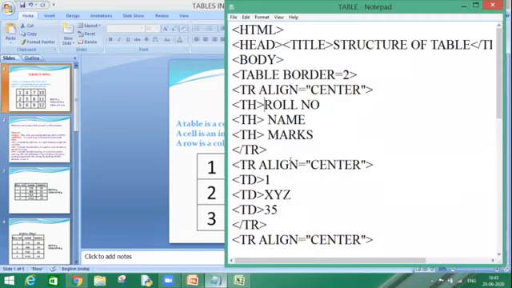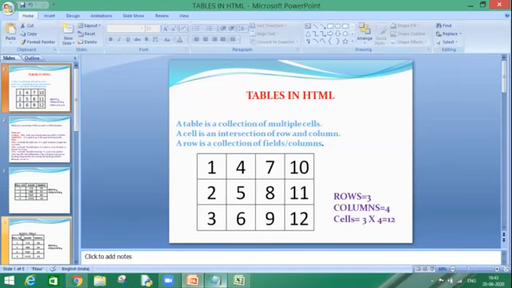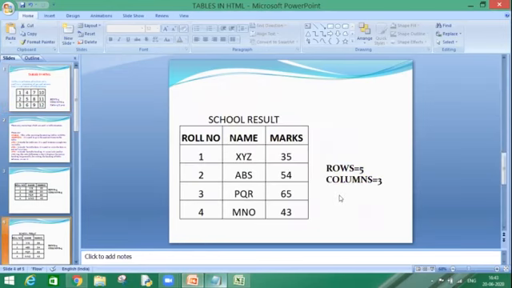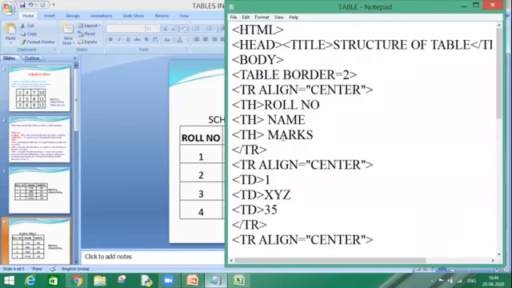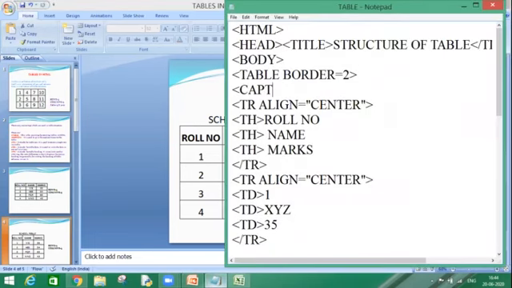One more example is left over here, the use of the caption tag. Take an example of this. This is the same table which we have created, but there is a caption, school result. How will it appear? Now just see, if I use the caption tag over here, caption, school table, and then close my caption tag, it will appear like a title or name of my table.